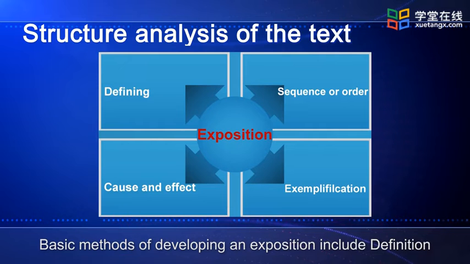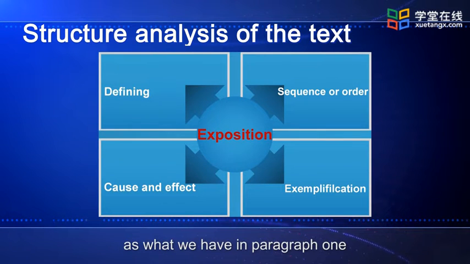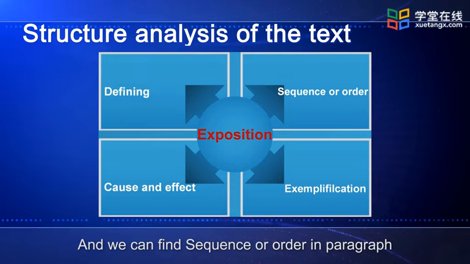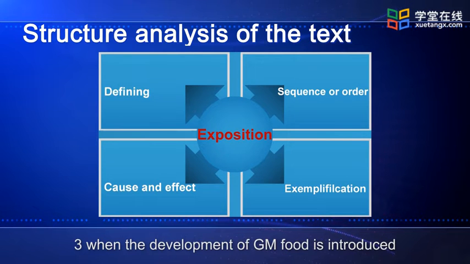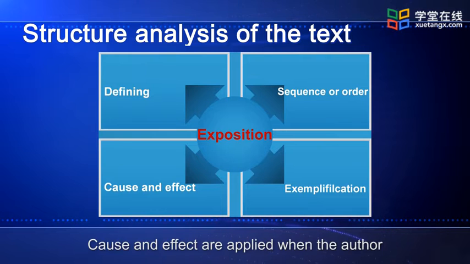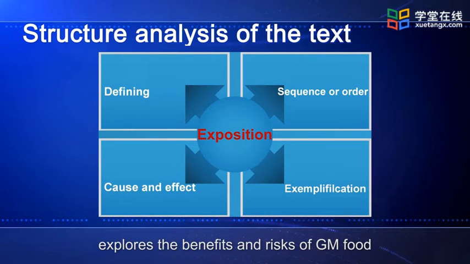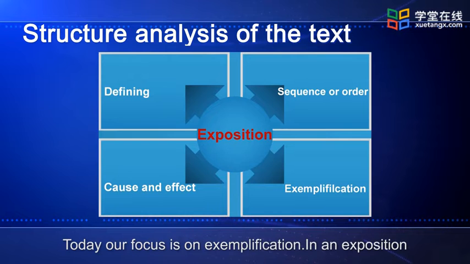Basic methods of developing an exposition include definition, as we have in paragraph 1. And we can find sequence and order in paragraph 3 when the development of GM food is introduced. Cause and effect are applied when the author explores the benefits and risks of GM food. Today, our focus is on exemplification. In an exposition,